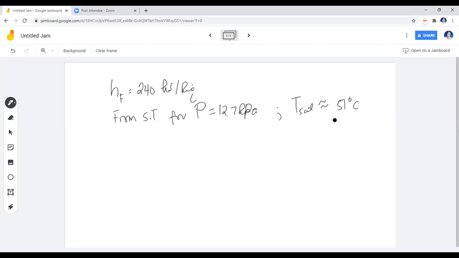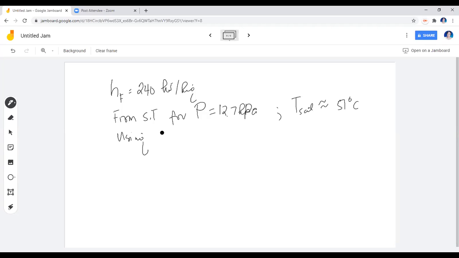Now I want to go to that Duhring chart. If you could remember, I need the saturation temperature so that I will know the corresponding boiling point rise, so that I will know the boiling point of my solution. So I'd like to go to that now using this 51 degrees Celsius and the content solid of the liquor, which is 50%.